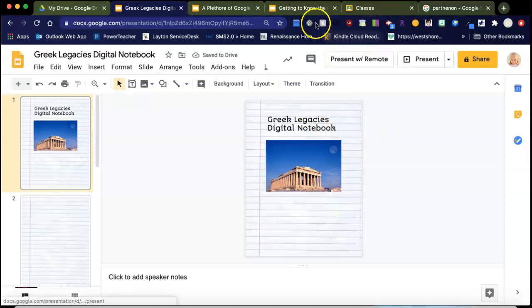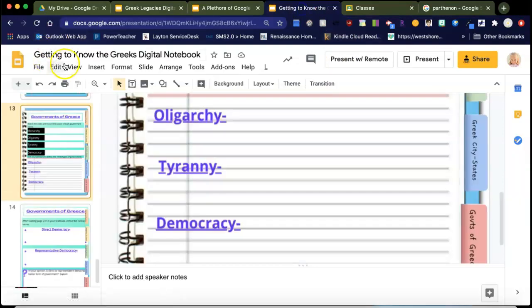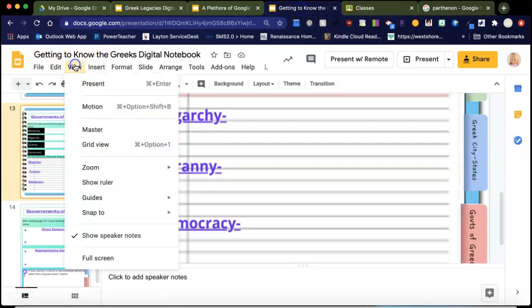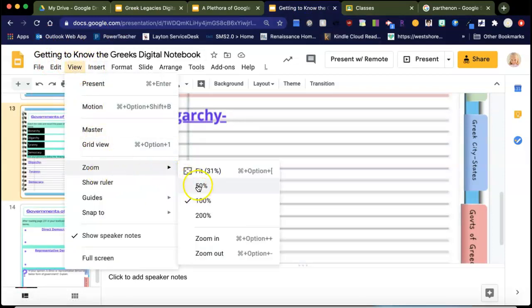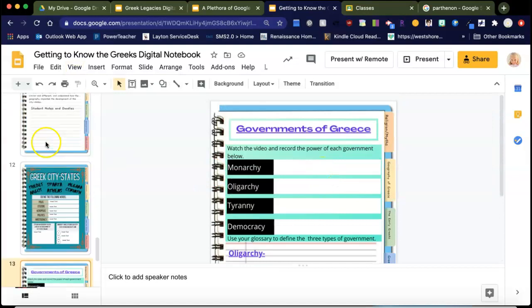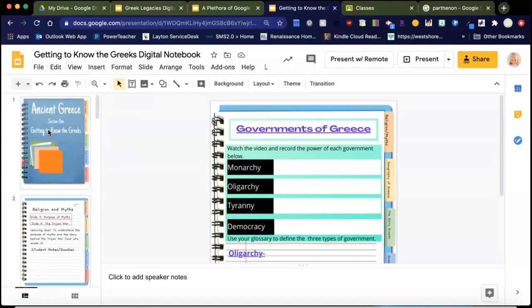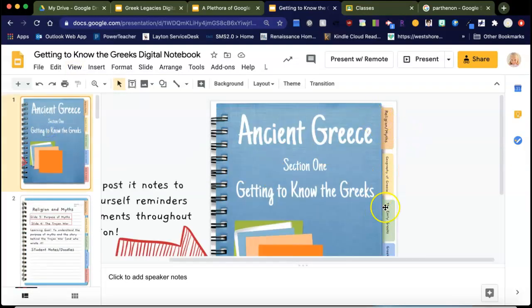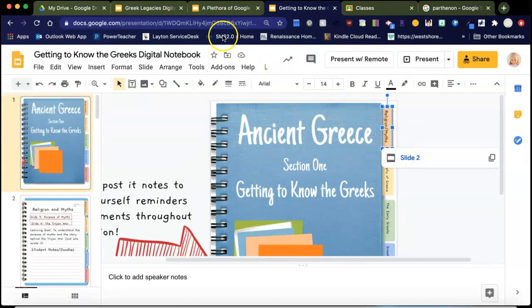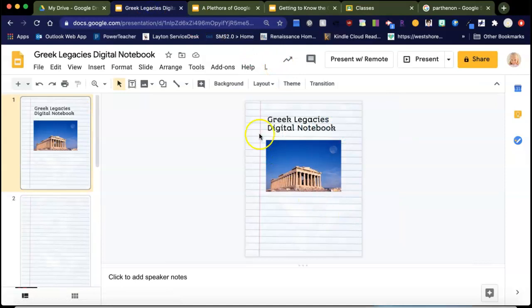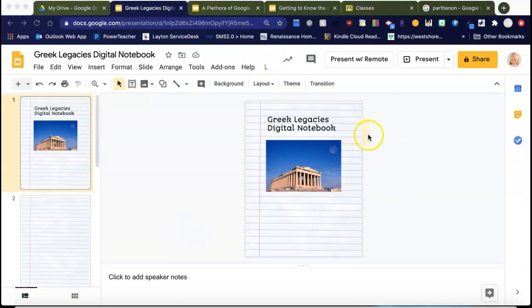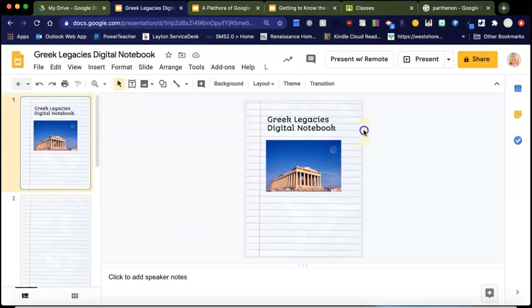Okay, so the next thing we're going to do is go back and take a look at our example. And I want to create my tabs. So there's my tabs. And remember, my tabs link to different slides. So I'm going to go ahead and do that. Okay, so I'm going to start by